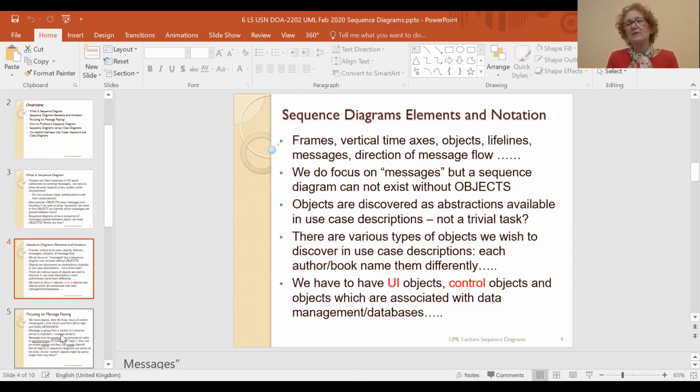There are three types of objects which UML is suggesting. One type of object is the object which is associated with your user interfaces, with screens, displays, something like that. Second type of objects are objects which are associated with control of something. The word control is so wrong here, but I haven't got any other, so I have to use it. But to be honest, we used the control word for a decade,